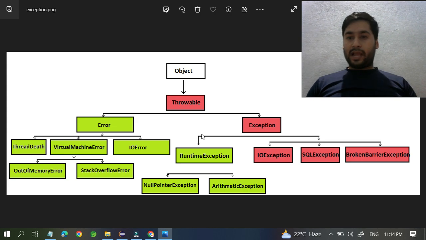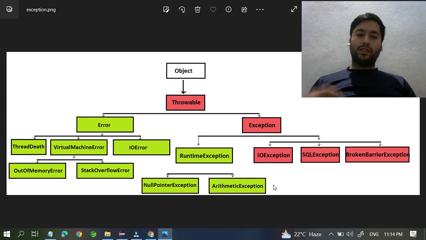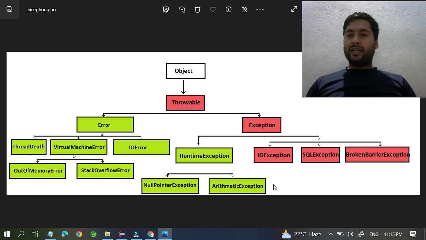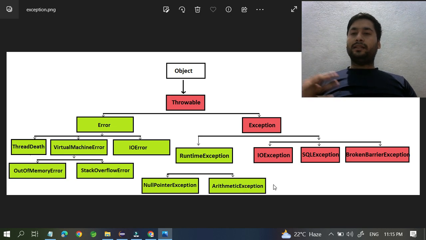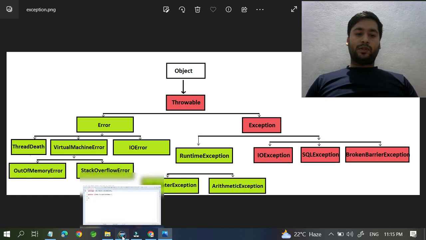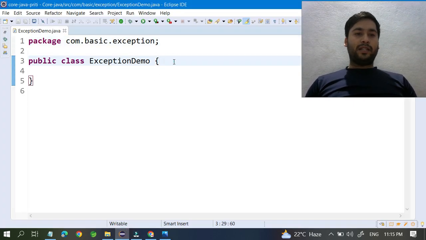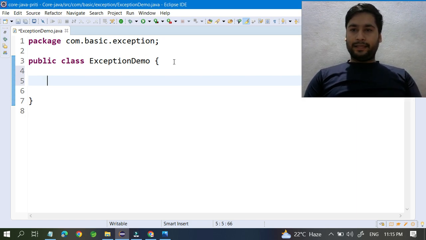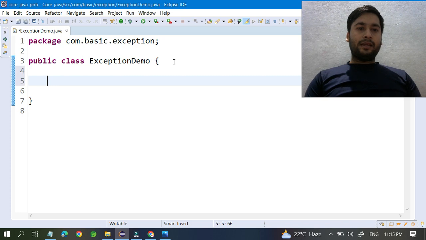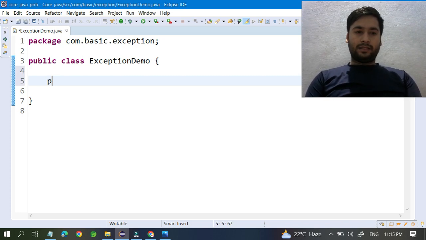Why does a null pointer exception happen? Okay, and slowly I will talk about how you can handle it with try catch, how you can use a try catch block, how you can handle throws, how you can use it, and also I will introduce what is the finally block, how you can handle it, how you can use it. Okay, so let's go to the code. Here I have written one class called demo. I will tell you. For example, in this class, I have one method, the main method.